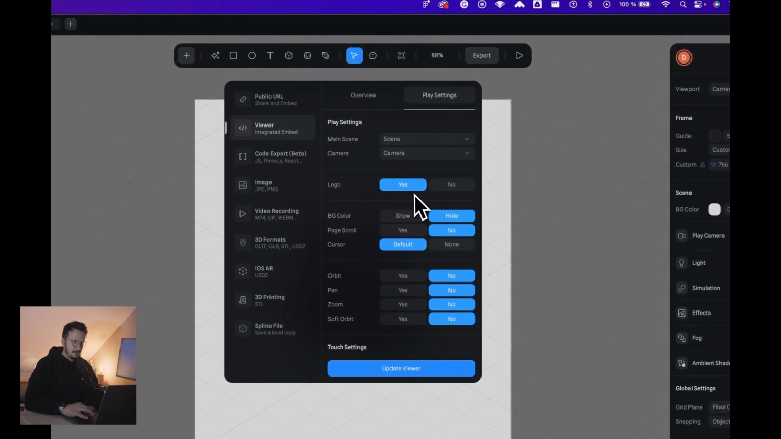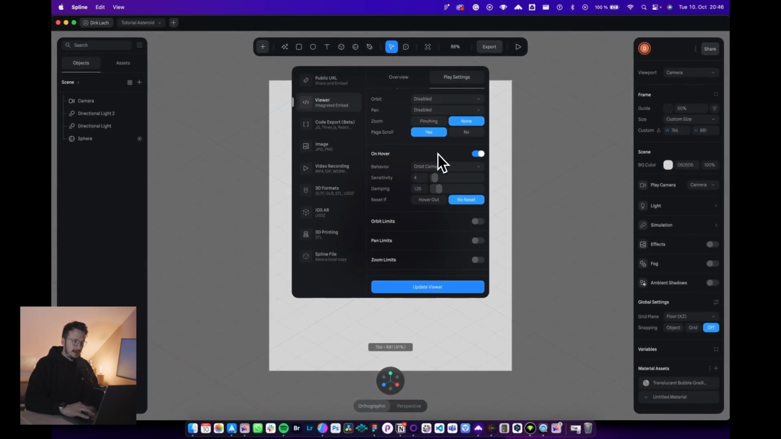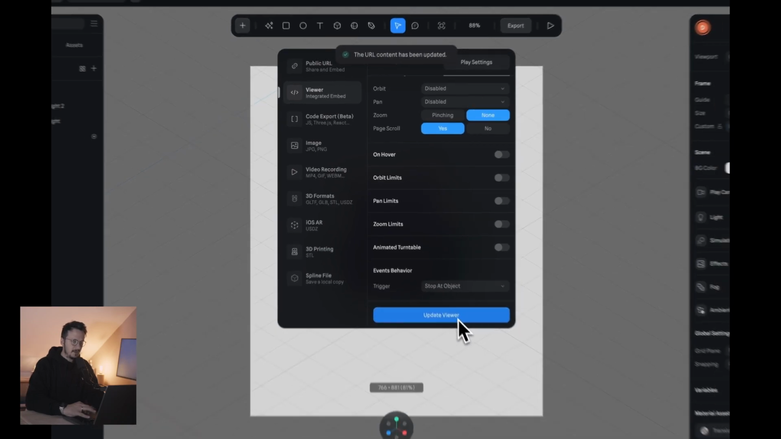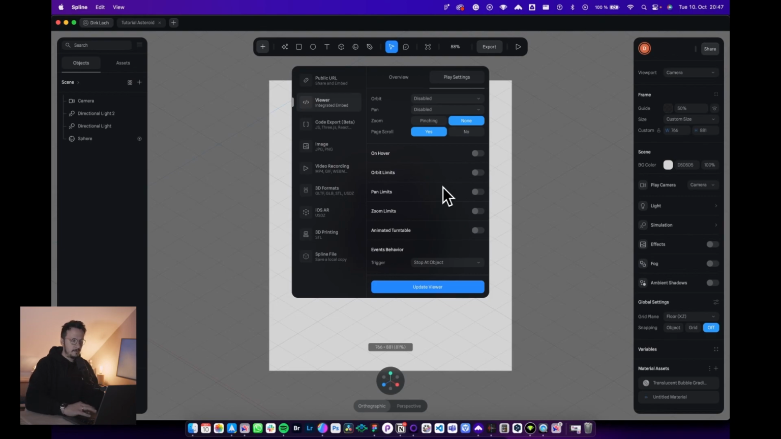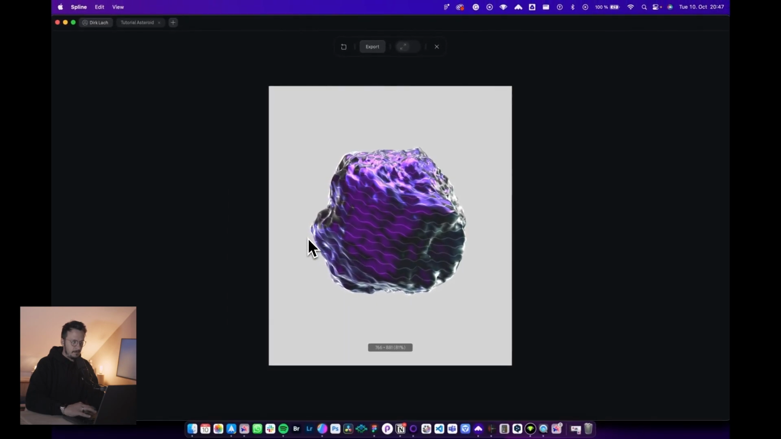So now we can click on the export button at the top, and then we can go to the play settings, and there we have a lot of options you can play with, and maybe you want to add a little hover effect, so that your object is moving or following your mouse cursor. I just show this to you. I deactivate this and click on update viewer. That is something you always have to do when you make some changes here in this option panel, and then go back to the preview mode, and you see when I'm hovering over my object, nothing happens,